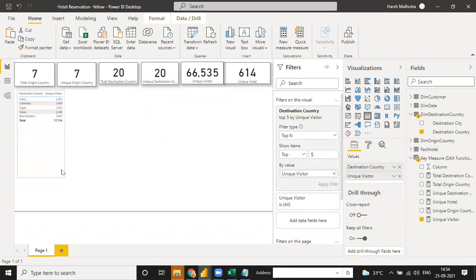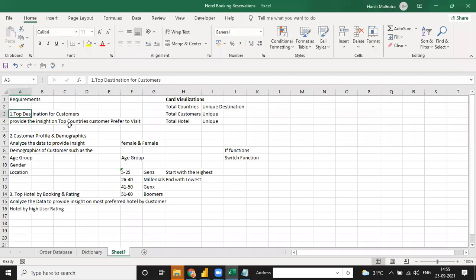See, you have the top 5 countries by destination, and New Zealand is the topmost country with 3447, 3446, 3422, 3408, and 3309. So now our first thing has been done, the top 5 destinations for customers.